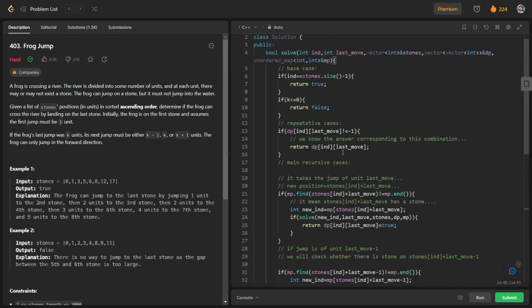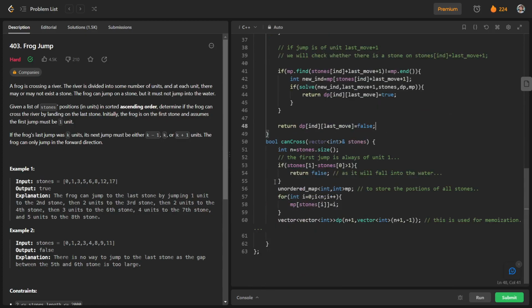In this way we will write our recursive function, and in our main function we will just return solve with index equal to 1, because we have already jumped on the first position, since the distance between these two stones is 1. And if it is greater than 1, we are not able to jump on it.